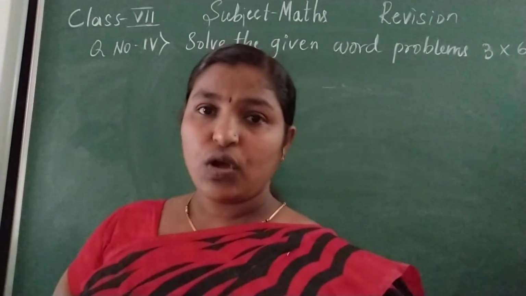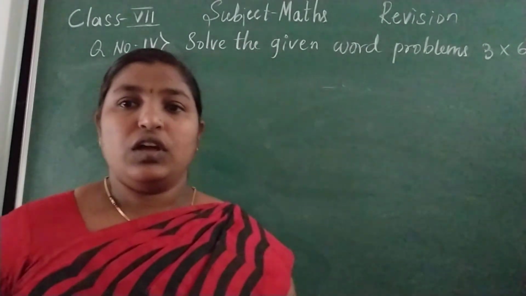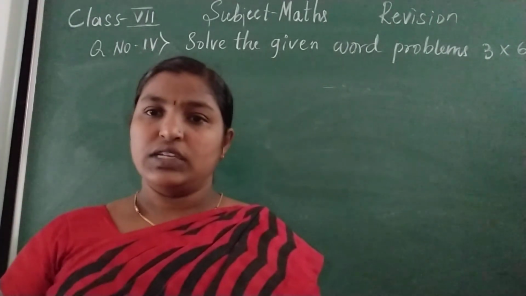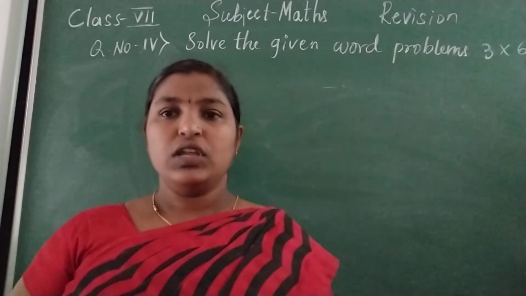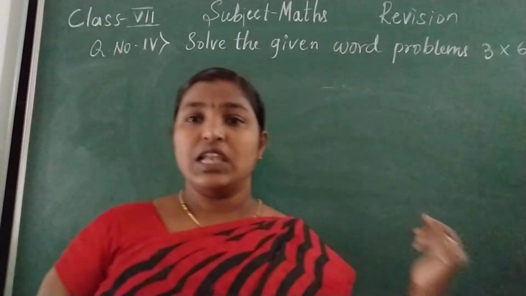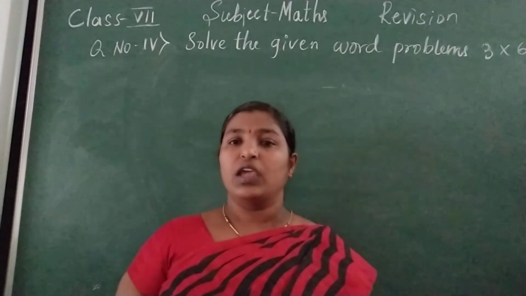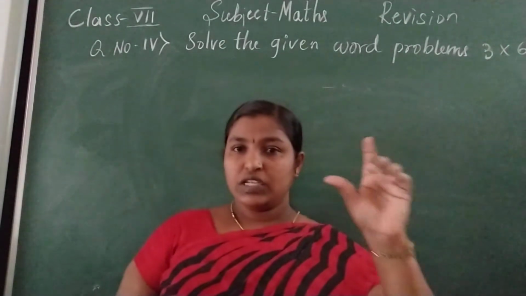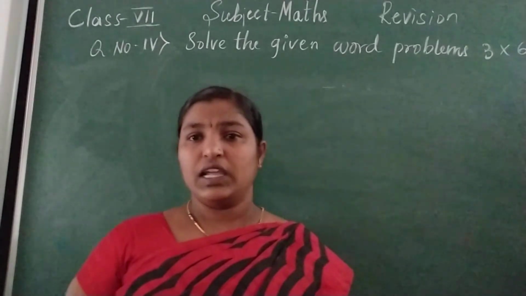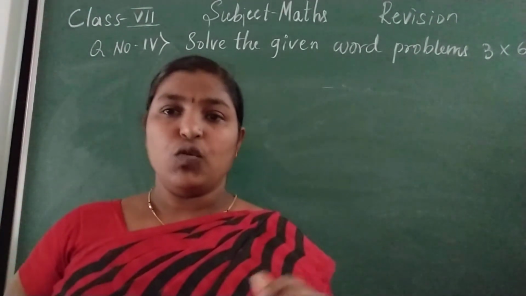And tomorrow I will take some pictures and ask questions on them. By seeing that, you have to answer the questions. So that is the last question, number 5. Observe the picture and answer the following. It means one picture will be having some information. By seeing that information, you should answer the questions asked. Okay.